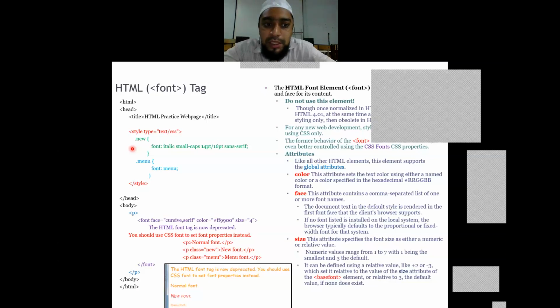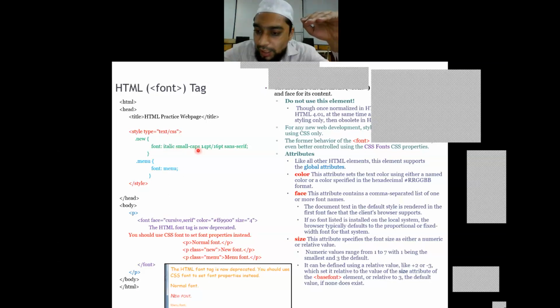Now I will try to define the CSS characteristics. Now I will type that there is a style. I'll mention that new with the help of a dot. And within the opening and closing braces, I'll mention what this new category of style should apply. I want every font to be italic, small caps, 14 points or 16 points, and sans serif.